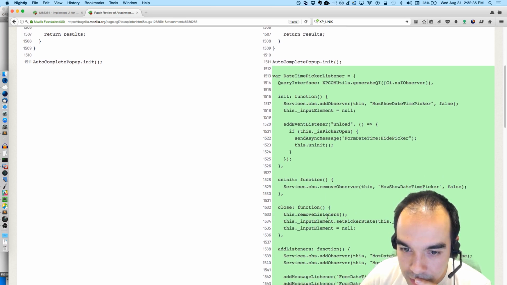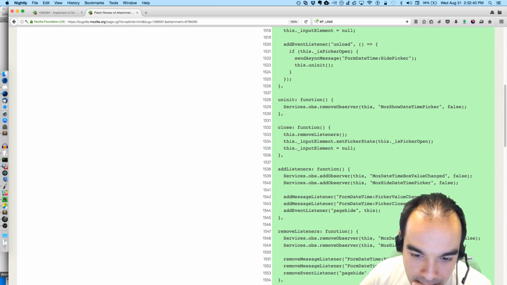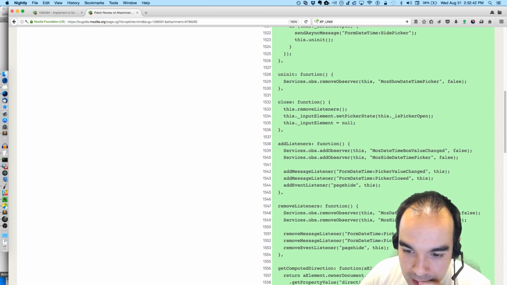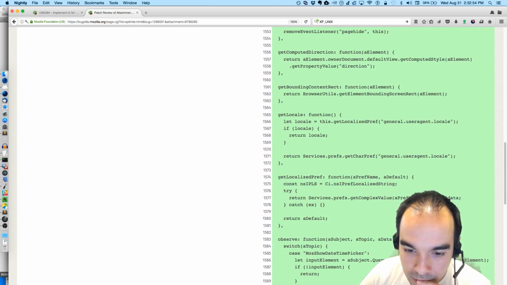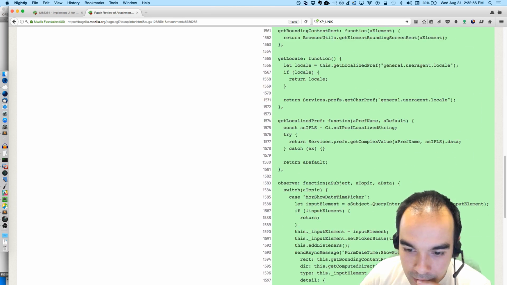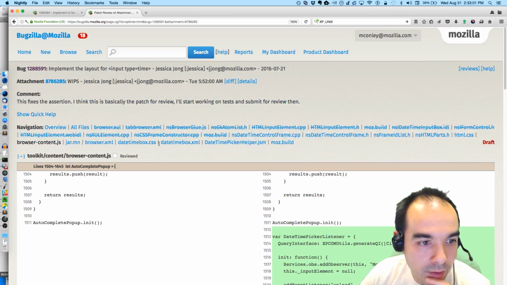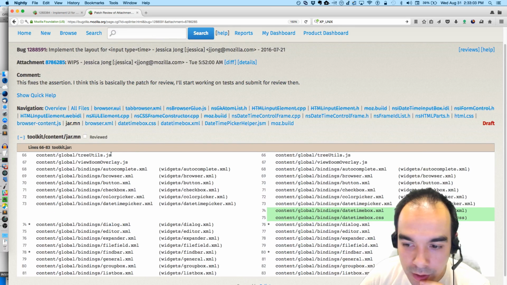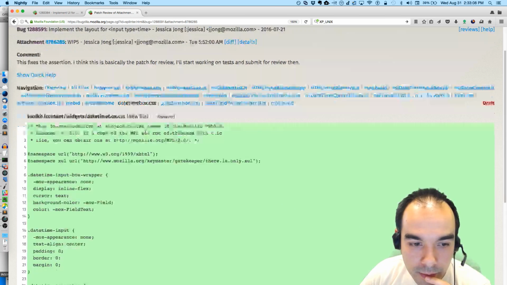If we close, remove listeners, is observer. Picker value changed, form picker closed. Okay. Out of curiosity, so okay, they're using observer. Got it. Date time picker, date time box.